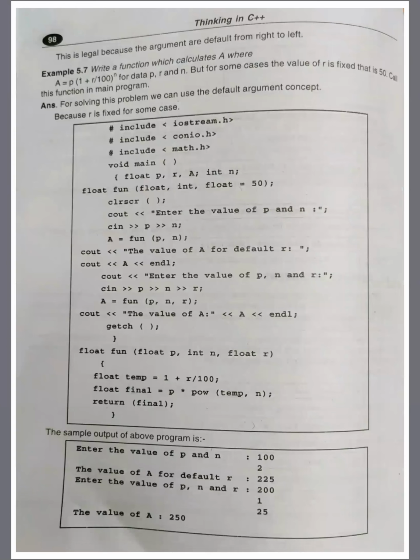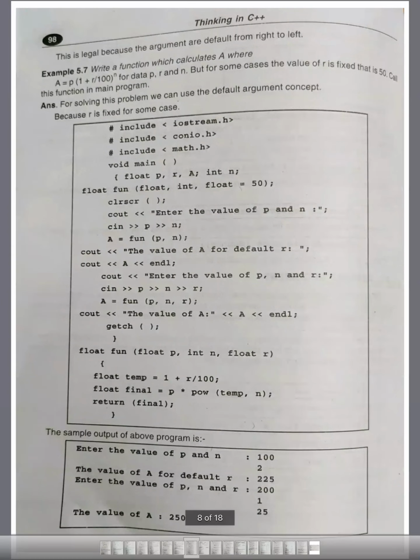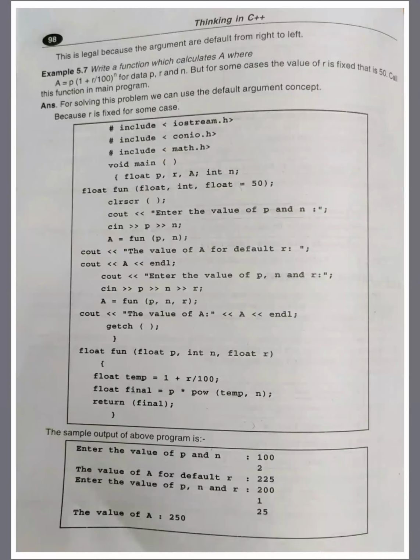Now, you can see this example. This example is: write a function which calculates A, where A is equal to so and so. This is a program to calculate compound interest. A is equal to principal into (1 plus r upon 100) to the power of n, where